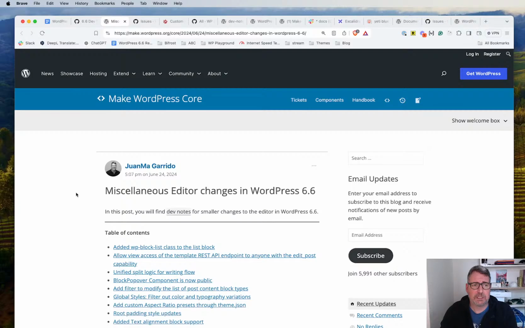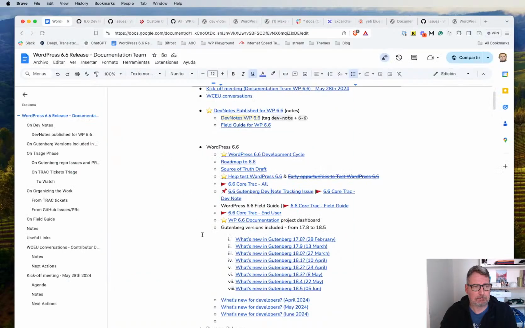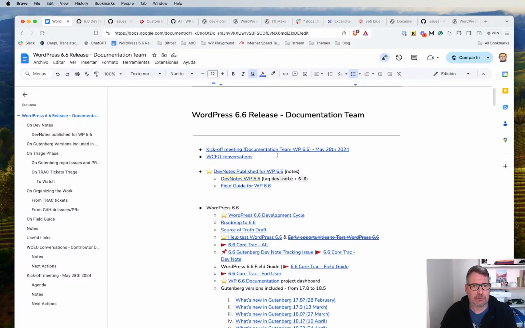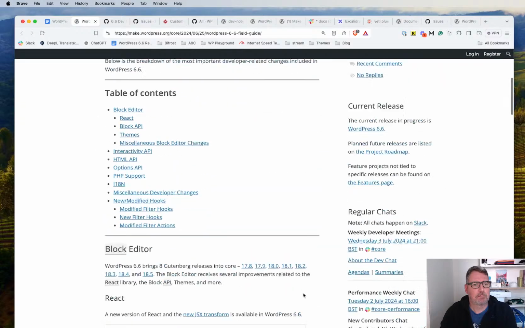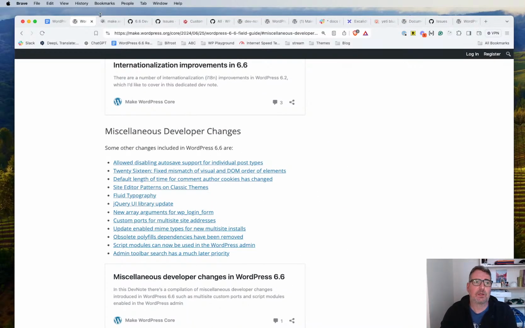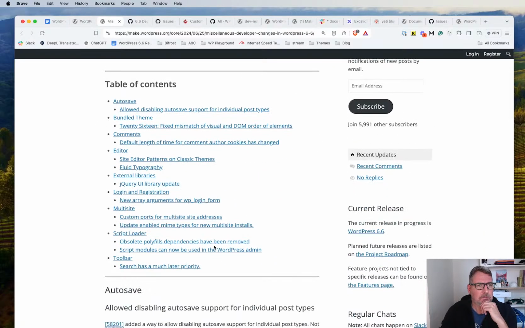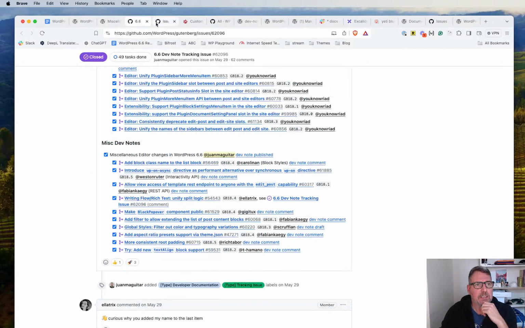For WordPress 6.6, we published miscellaneous editor changes in WordPress 6.6 for those small changes belonging to the block editor, but also miscellaneous developer changes. Let me see if I can find it. Yeah, in the field guide, it will be clearer. Miscellaneous developer changes, which cover the changes that are